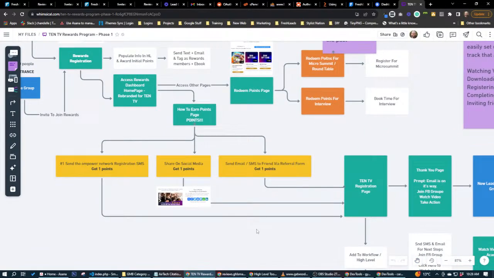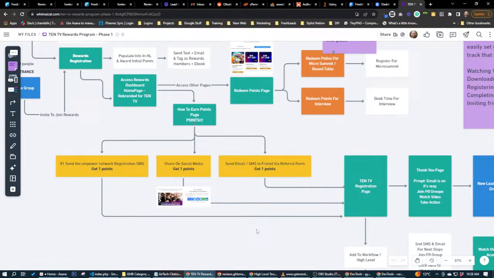So points can be given for social sharing, for referring friends. They can also be given for anything like video views and cool stuff like that. So if you have a video that you want people to watch, a marketing video, any kind of stuff like that, anything we can put through a workflow, we can give people points for. So any kind of engagement or interaction, even if you can link up Zapier for different things. So let's say you have attendees in Zoom, and we want to be able to see who attended which Zoom calls and whatever, we can